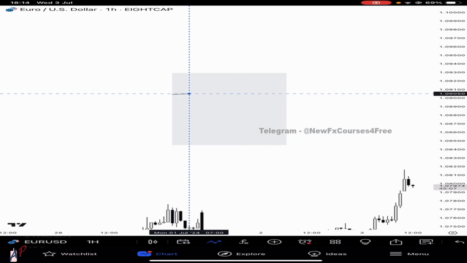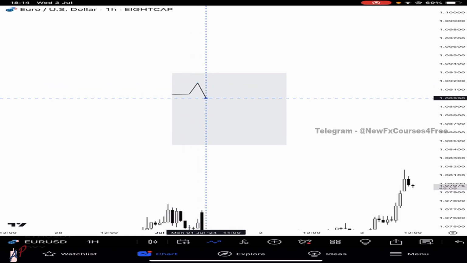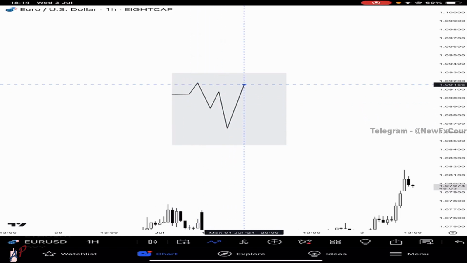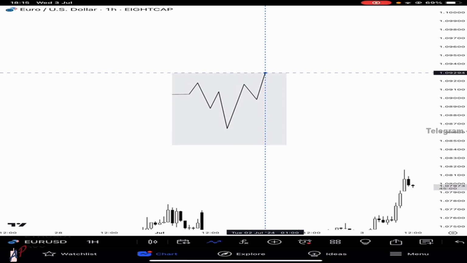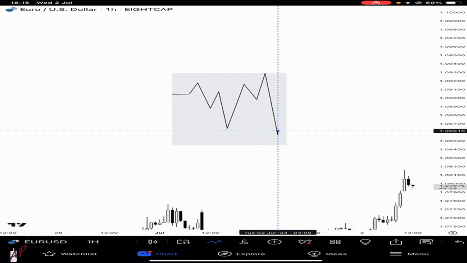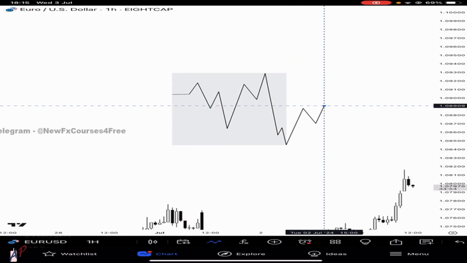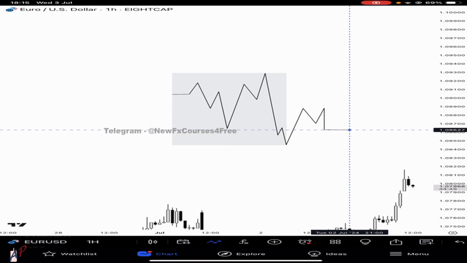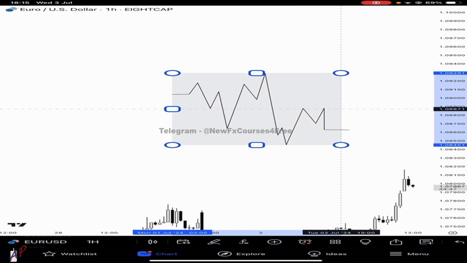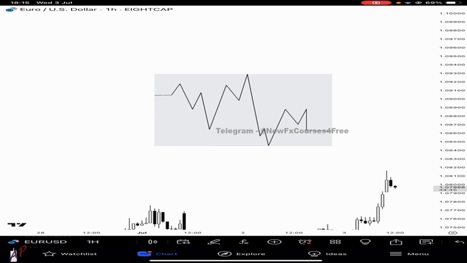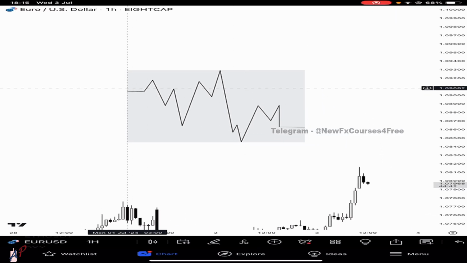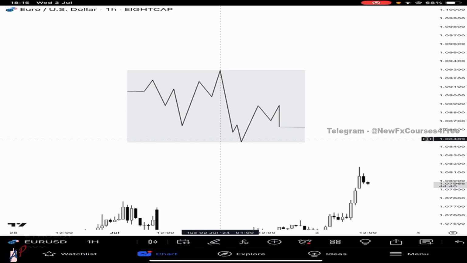So price opens, trades a bit, reaches one high and one low, and closes here. So if price does this inside this time range, the candle will have an open, a high, a low, and a close. So when you are thinking about the CRT,